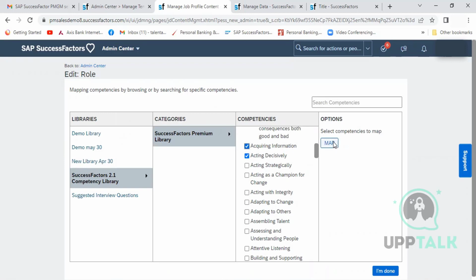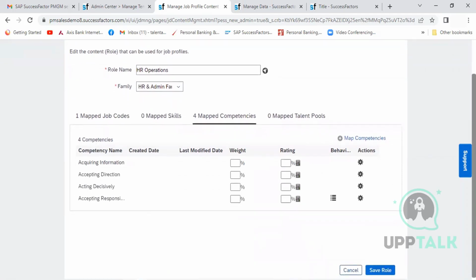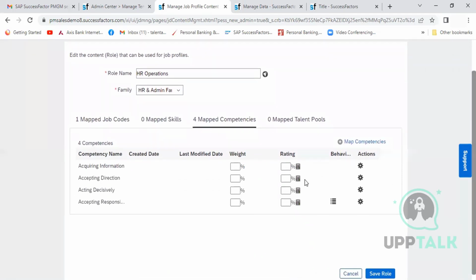So click, select the competencies to map. When I click on this and then I'm done, those competencies will be coming here. And when they come here, you have to give some ratings according to that,